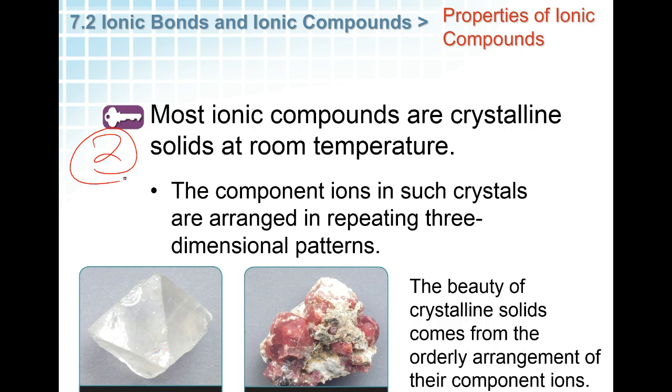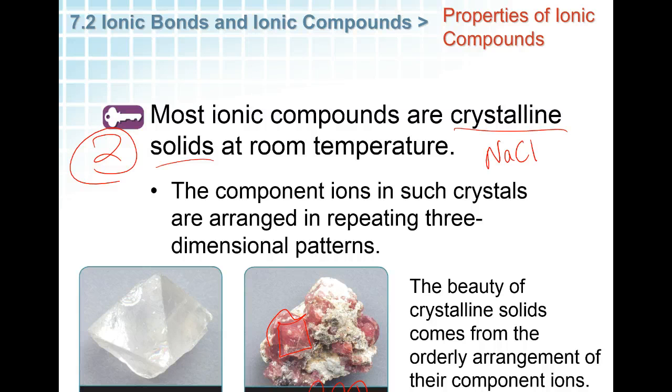Most ionic compounds are crystalline solids at room temperature. Hey, guess what? Sodium chloride, crystalline solid. That's the picture on the lower left. And here is grossularite with calcium, aluminum, and silicon tetroxide as these pinky crystals in here. So these